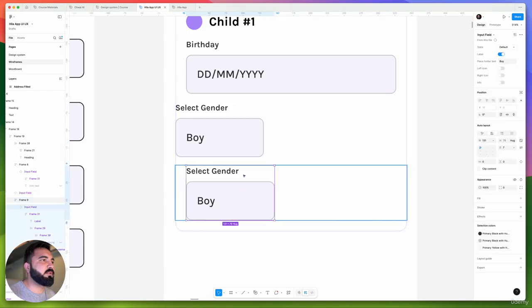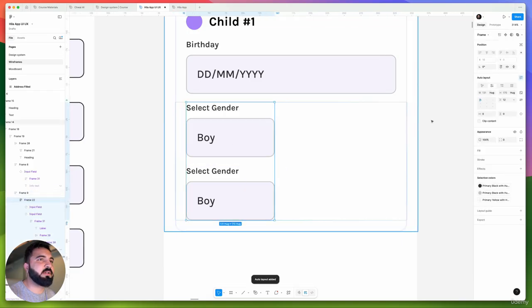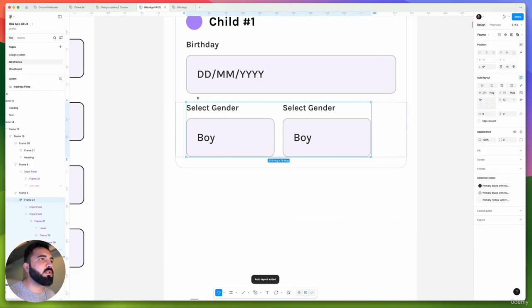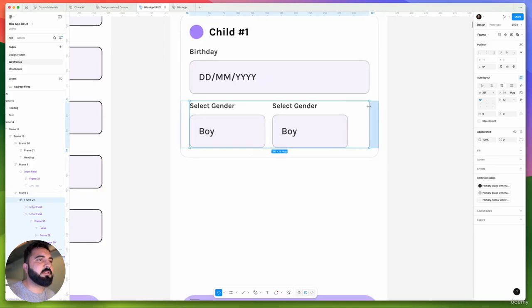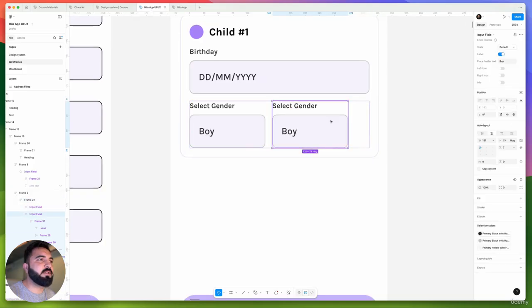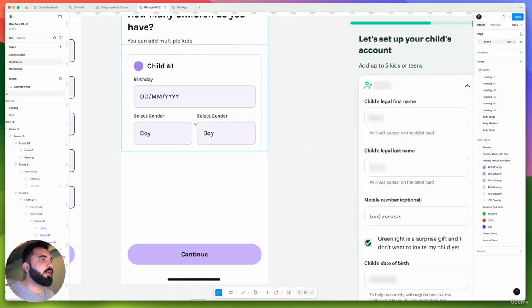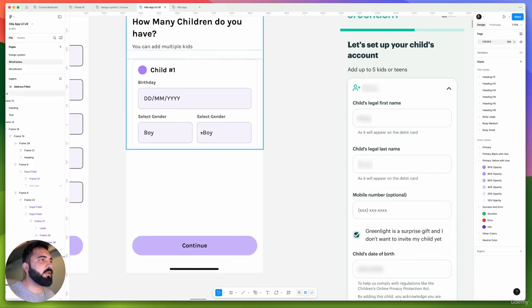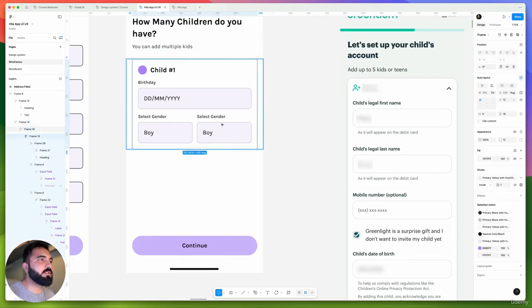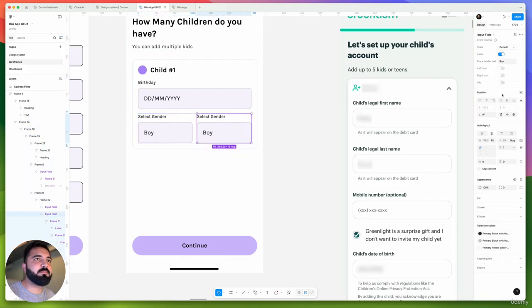Give it auto layout, select this and this, give it auto layout, and it should be like this. Take this all the way toward here, and let's make this fill container. Perfect. So now select gender, boy, girl,